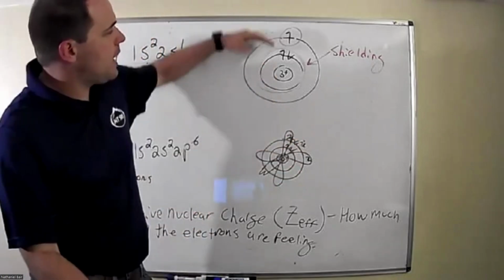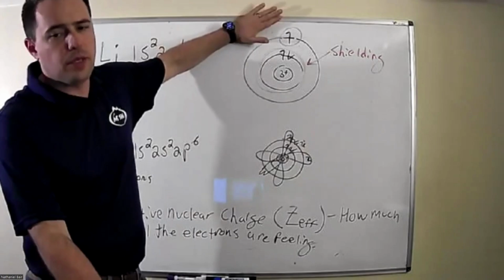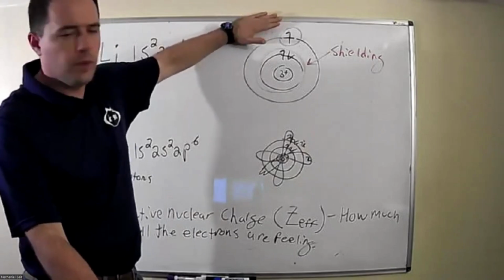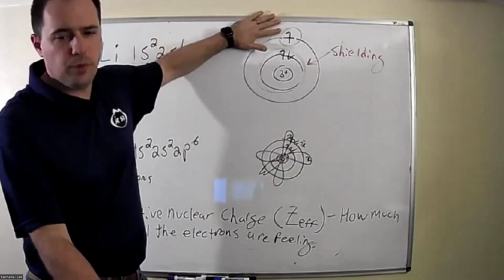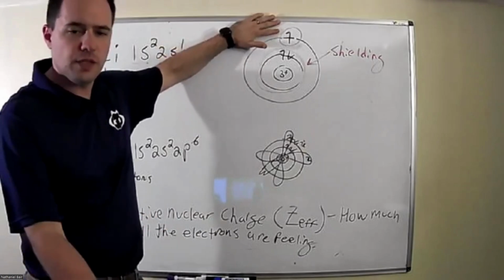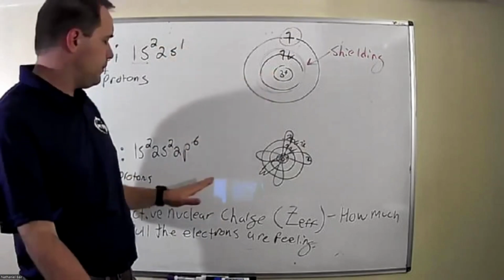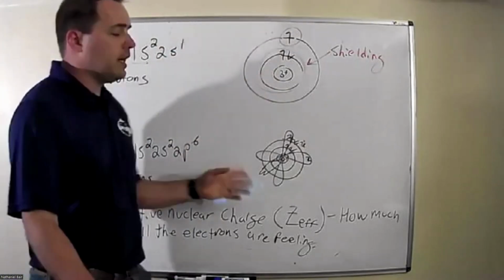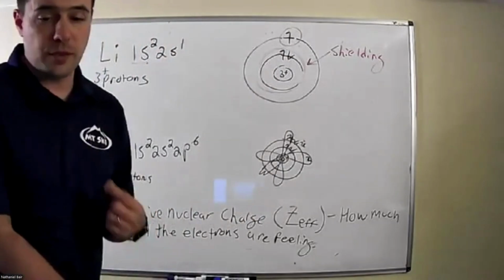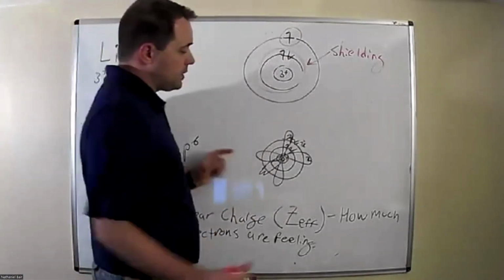Okay? This guy, and you can actually look it up, you can calculate it with some formulas and stuff. We don't need to do that. But this guy's probably only feeling maybe 2.5 protons worth of suckage instead of 3. When you go to neon, neon is not going to be feeling a full 10 protons worth of suckage either, because these